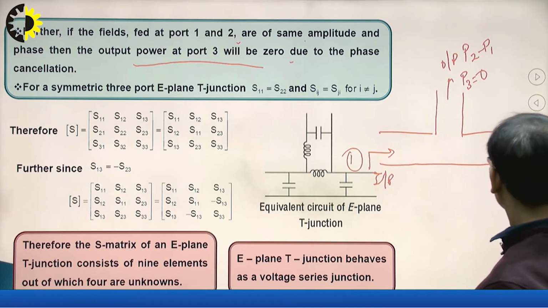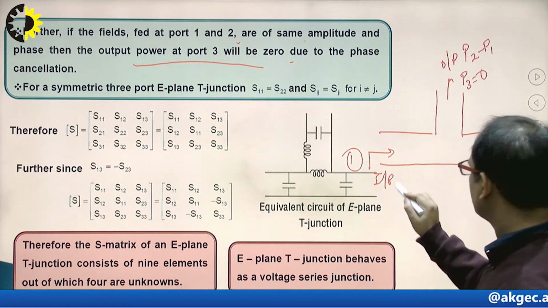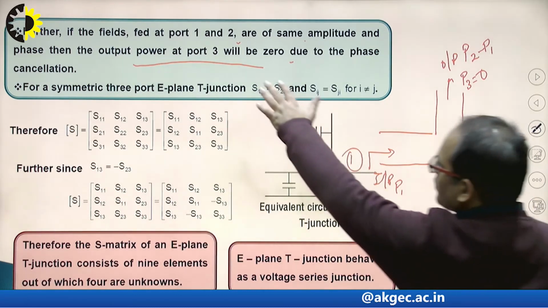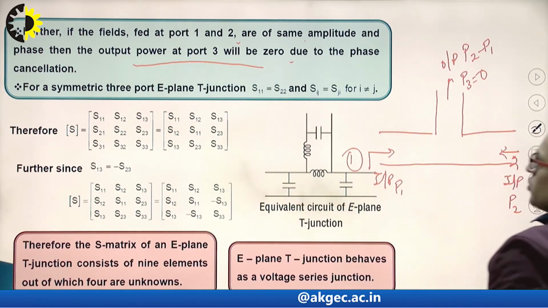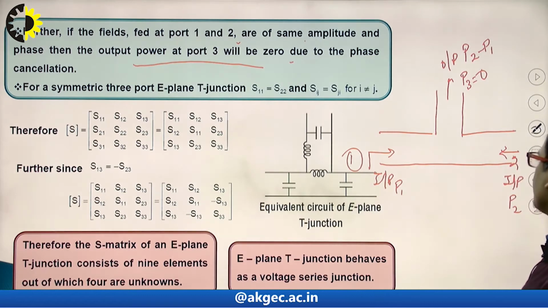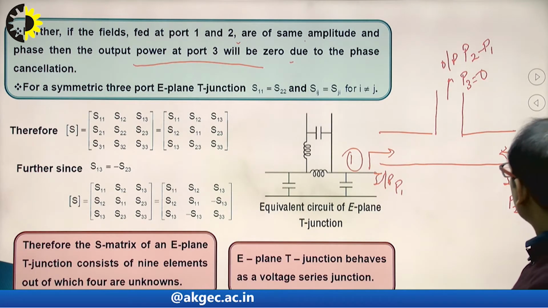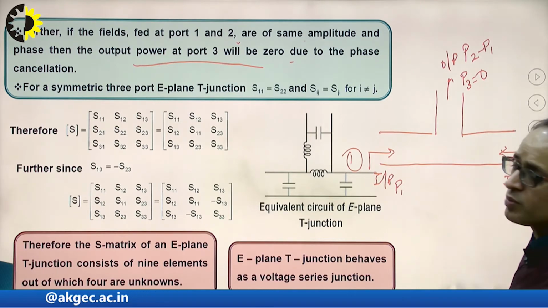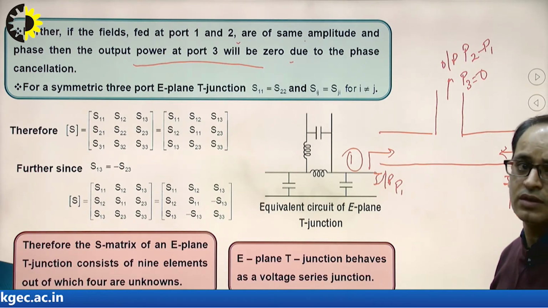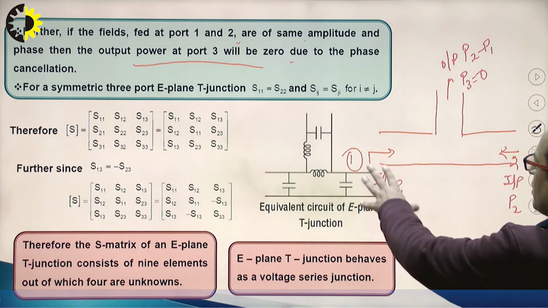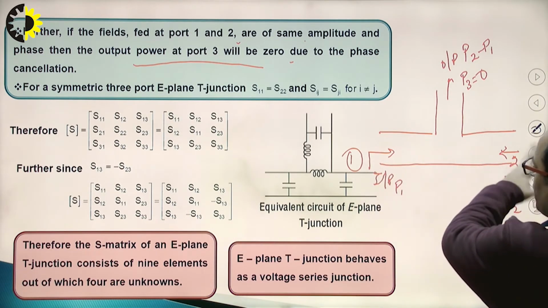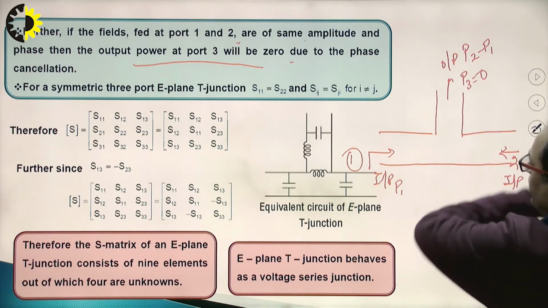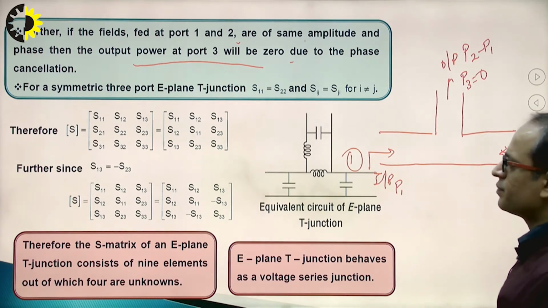Clear? That is known as P2 and this is known as P1. Clear? So P3 will be 0 due to phase cancellation. Clear? Now if I say this input has the opposite phase, then P3 will be P2 plus P1. Clear? If P1 input has some phase and P2 has the opposite phase, then P3 will be equal to P1 plus P2. Clear? Now see,